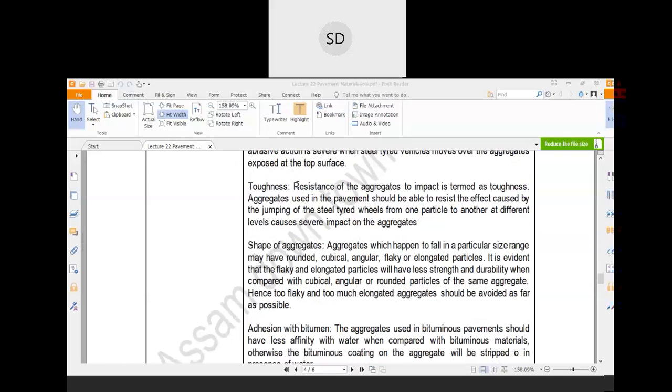Next one is toughness. The resistance of the aggregate to impact is termed toughness. Now what is impact? Impact is the sudden application of load, a load applied in an instantaneous time. That is called impact. Now, on the road surface,